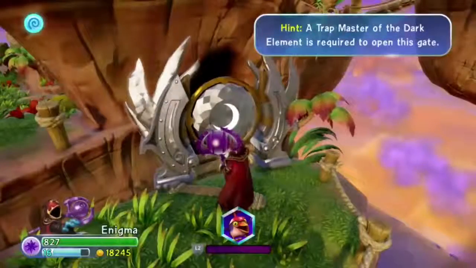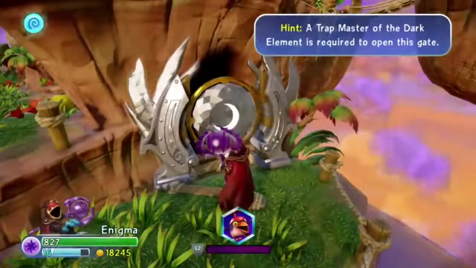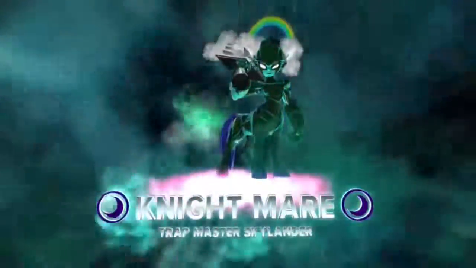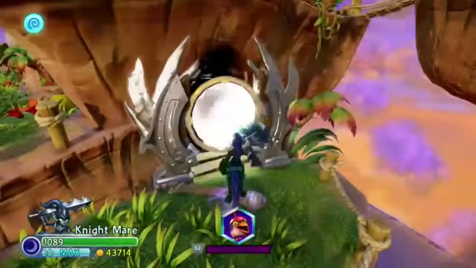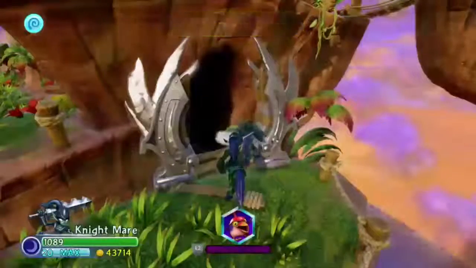If you haven't used a light or dark element figure in this game yet, this gate will be listed as a question mark. And you will need to get either a dark or light element Skylander to unlock it, to make it show up as a light or dark element. In this case, this one's a dark, and then you'll need